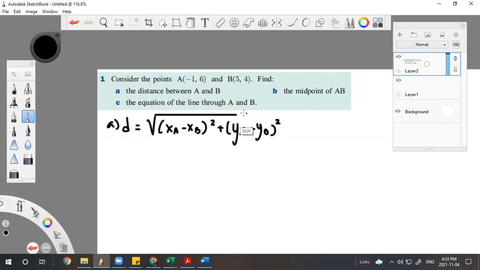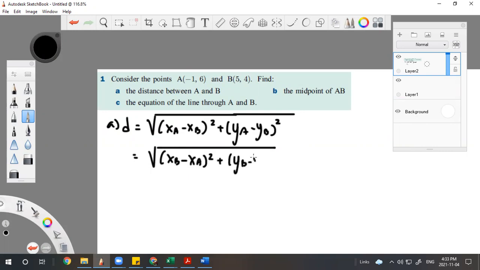Okay, you may think I have a different formula. My teacher gave me this formula on the second part. Let's see. It might be like this: (XB minus XA) squared plus (YB minus YA) squared. Both of them are the same. You can use either the first formula or the second formula. It's the same. So D equals the square root of (XA, negative 1